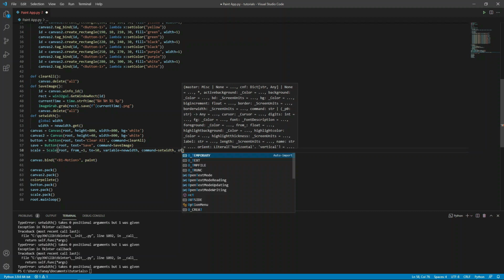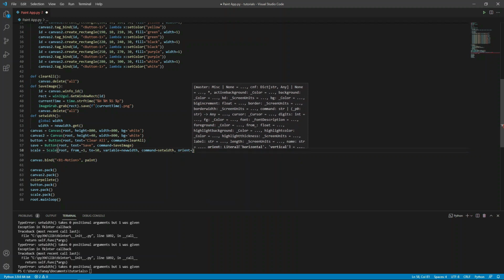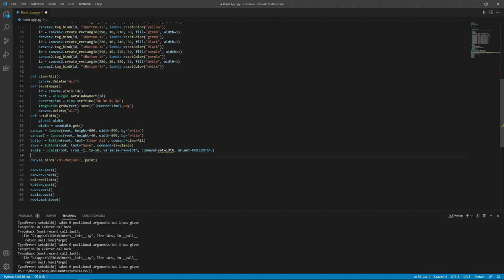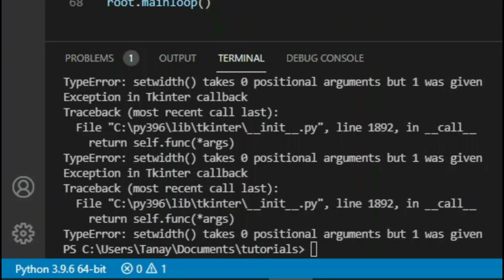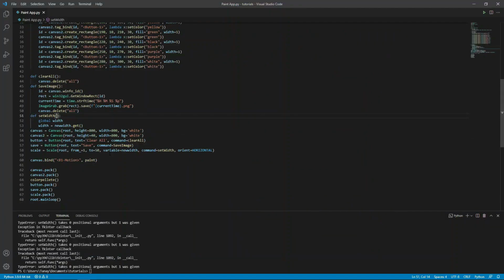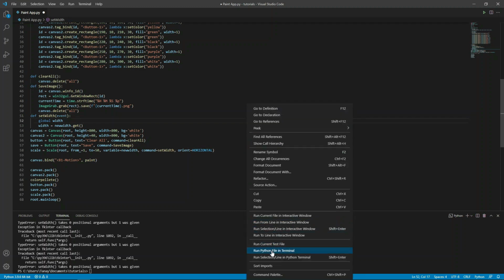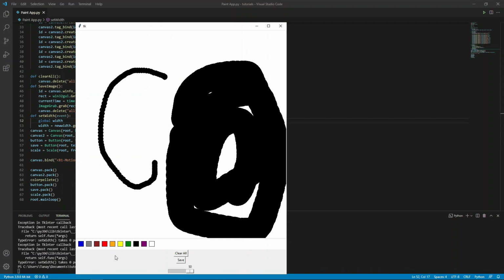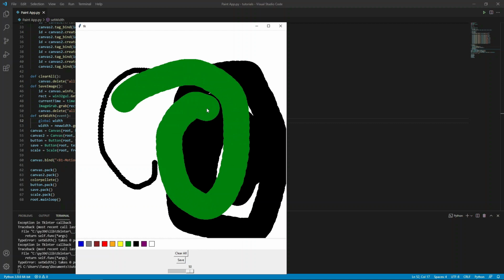Orientation, orient equals to HORIZONTAL. We have to do this with W capital, else we will get this error. Now we have to give a parameter here which is event. Now we can draw on the canvas, set the width of the brush and change the color.